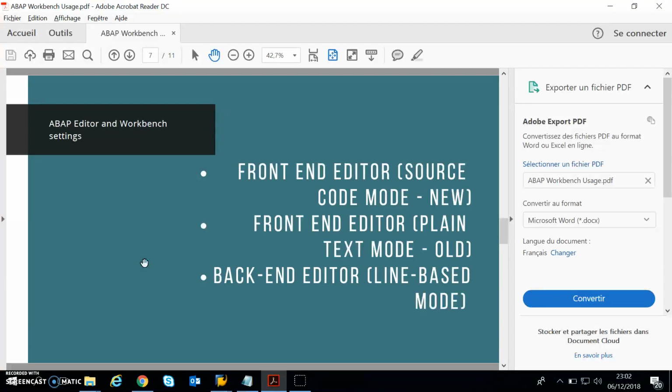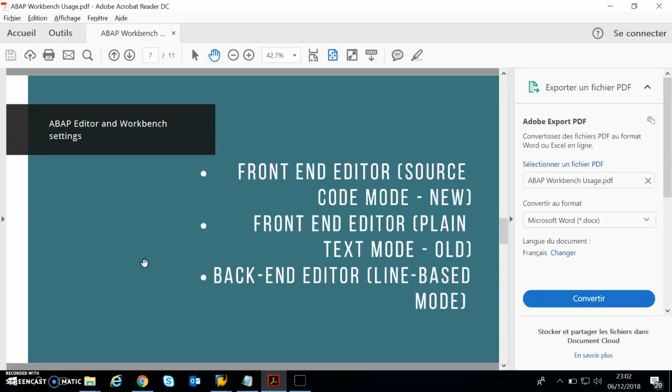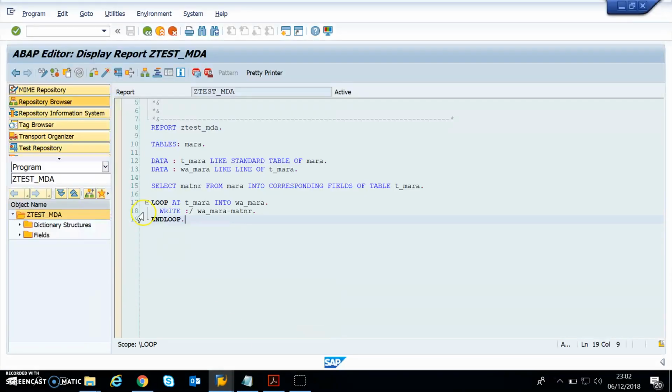So in this video, we are going to continue what we left off in the last video, where we discussed the different types of editors which are available in the SAP system. In this video, we're going to talk about the ABAP workbench tools a little bit in detail, and then we're going to go into the enhancement information system, and then the last topic would be the packages and their attributes in the transport organization. So without wasting any time, let's go straight ahead to